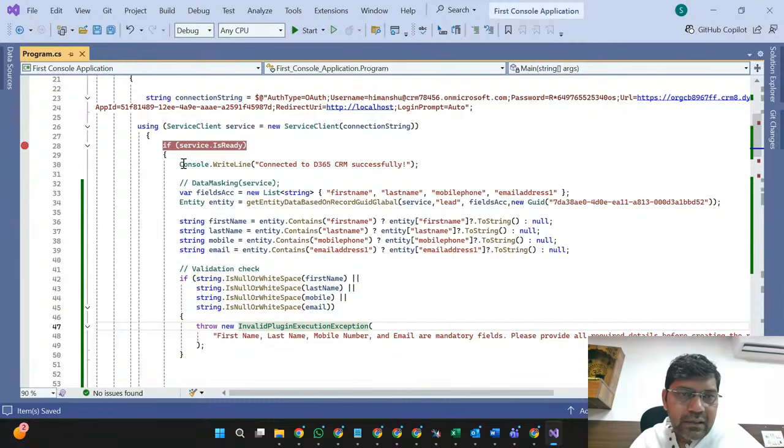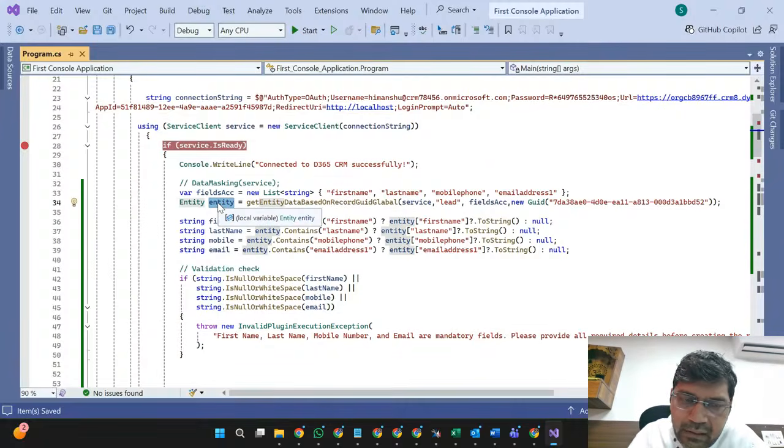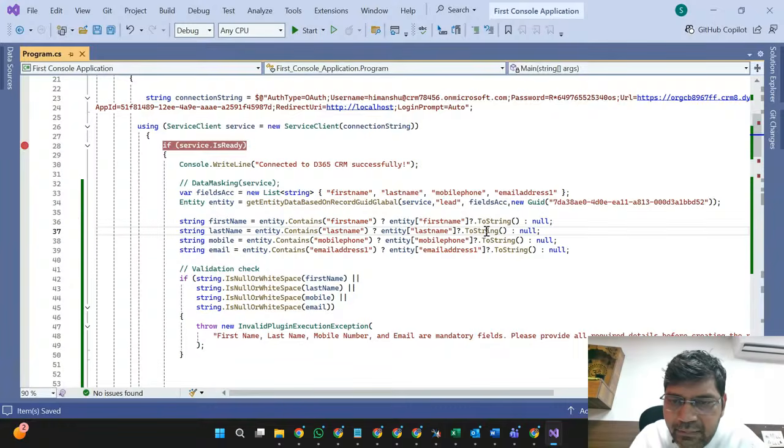Now the code is ready. So what we are checking here is whether this particular object array contains that information. If yes, then fine, otherwise it will set a null value. The same for the last name field, mobile number and email ID.